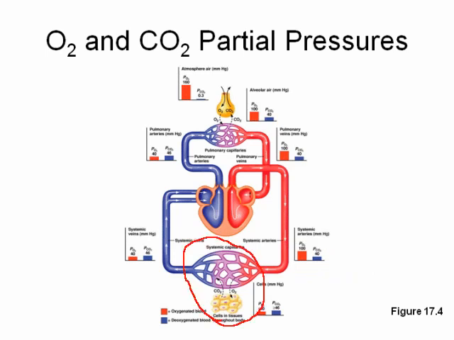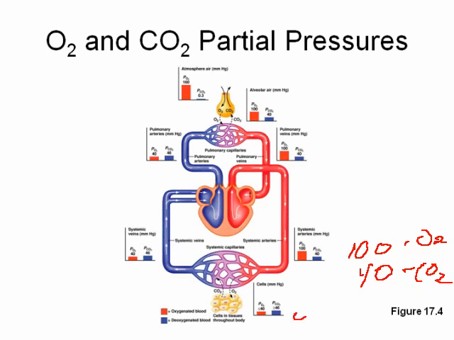But then it encounters, and this is where the internal respiration comes in that we talked about on the first slide of the last handout. We, of course, have metabolically active tissue, which is consuming oxygen and producing CO2. So whereas the blood gas of the mixture coming in was 100 for oxygen and 40 for CO2, it very quickly drops down to about 40 for oxygen and about 45 or 46 for CO2,